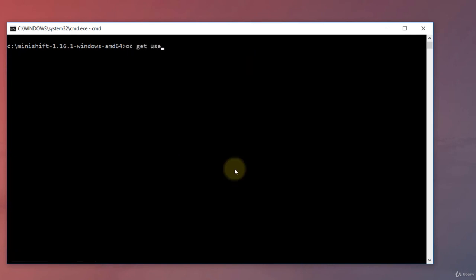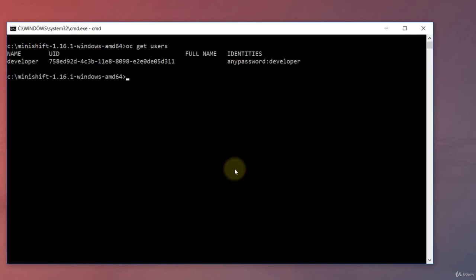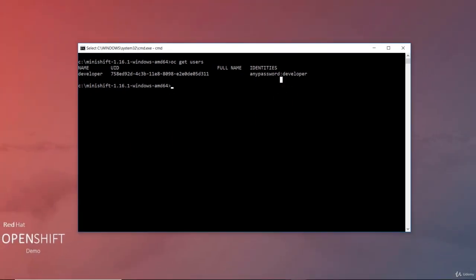If I run the oc get users command, I can see the list of users available on the system. I have logged into the web portal using a developer user, so I can see that here. And if you look at the identity, it says anypassword. Anypassword is one of the many identity providers available with OpenShift. Anypassword simply means any user can log into the portal using any password, and it is the default setting